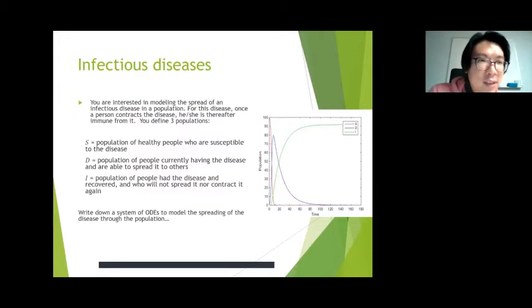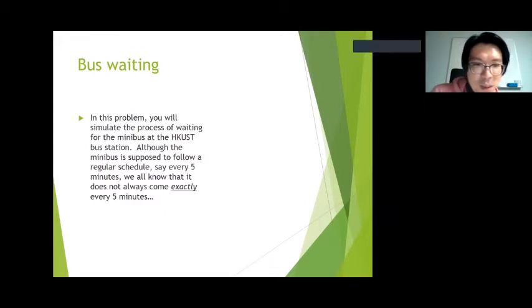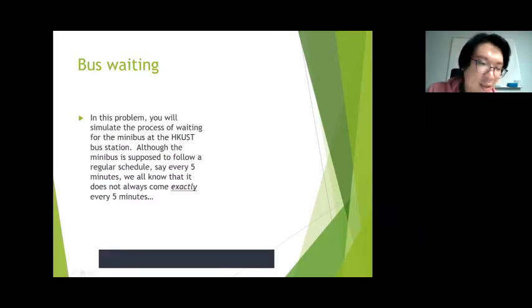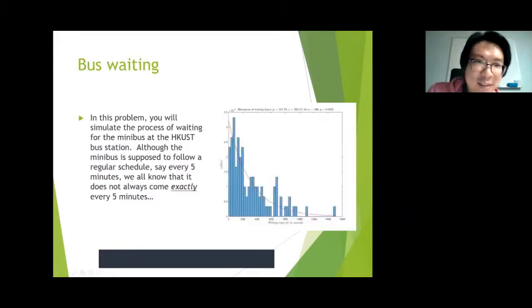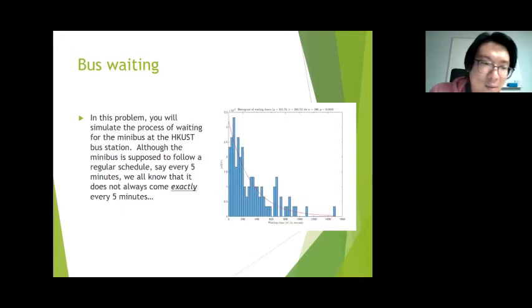Okay, next one. The next one is even less related to chemical engineering, but when you think about it, this is all about what engineers do. It's about how long you need to wait at the bus station for the minibus. This is a statistical model. You can actually come up with a way to predict how long you need to wait. Another click. Yeah, this is simulated using MATLAB, and you can fit a model through it. This is predicted by an exponential distribution, something like that. Later you actually learn all of these in this course.